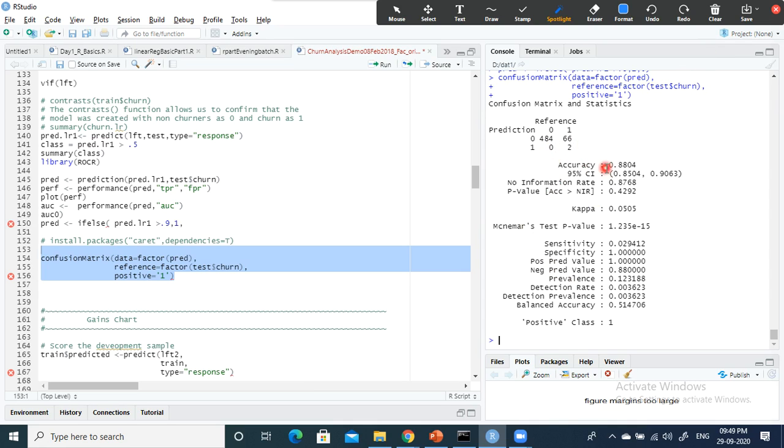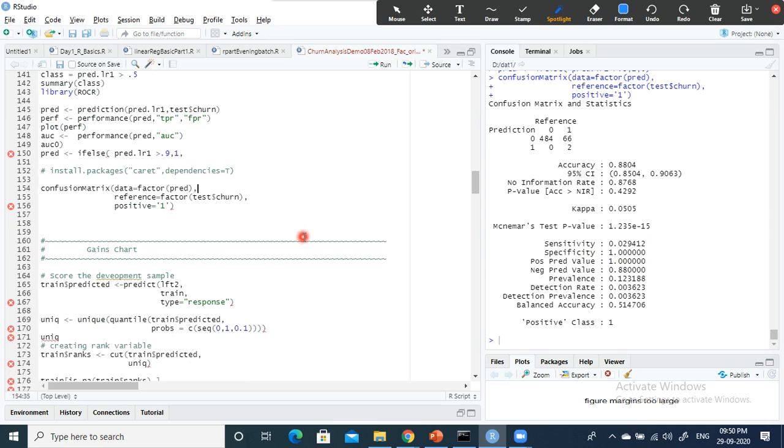Okay. So accuracy is 0.88, somewhat closer to 1, which is good, and specificity is 0.05, but this is not in agreement with the reference table. And for sensitivity and specificity, yes, we need to use that formula. Okay, now you understood how to implement the logistic regression model in R.